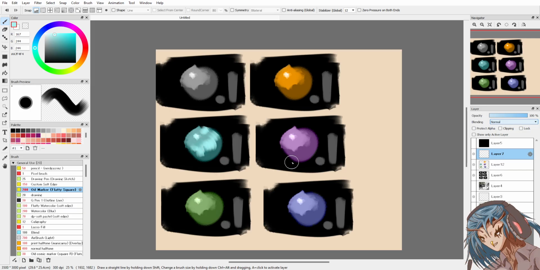Is it the material that does it? What is it? It's not the color that does it.